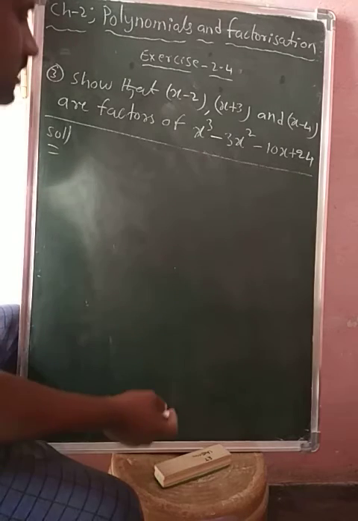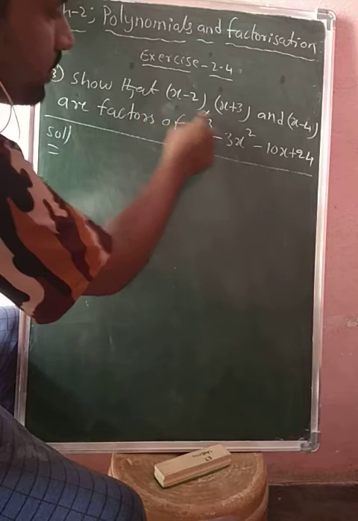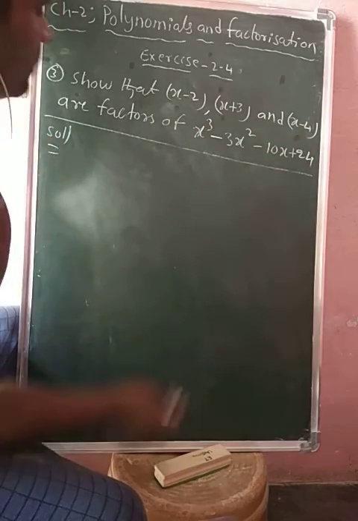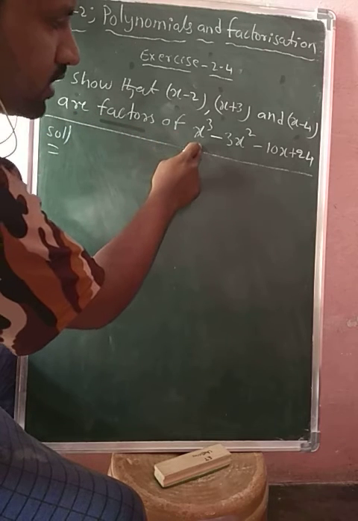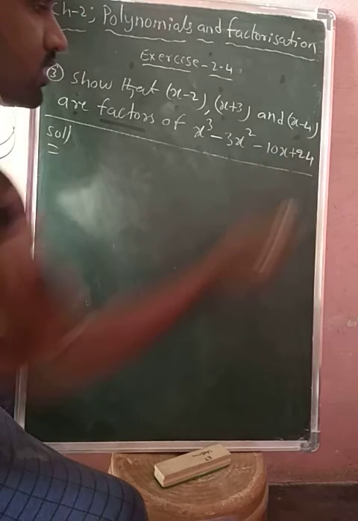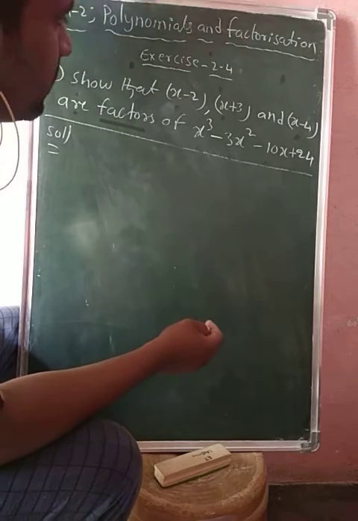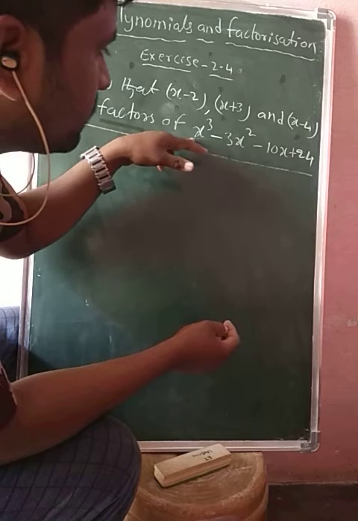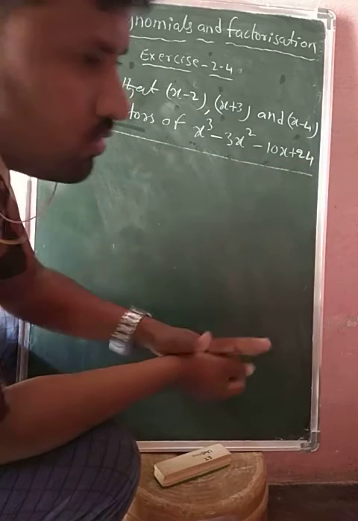The question is: show that x minus 2, x plus 3 and x minus 4 are factors of x cube minus 3x square minus 10x plus 24. Okay, so if these are the factors of the particular polynomial x cube minus 3x square minus 10x plus 24,